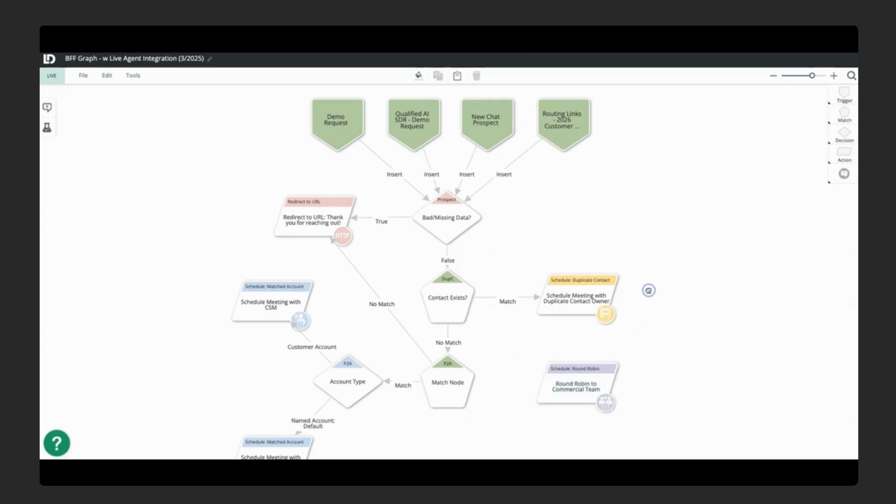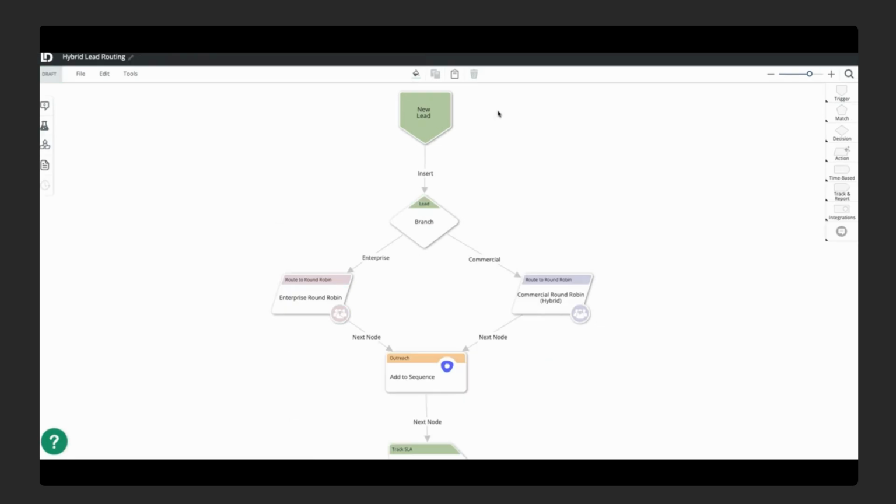Now, the fact of the matter is, many people will engage with these AI SDRs, but not everybody will schedule a meeting. This is what brings us to use case number 2 for LeanData's AI SDR orchestration. For our next AI SDR use case, we'll be discussing email agents. This process starts by creating dedicated Salesforce users for each one of your email agents. As new records come in, clients will take a number of different steps when it comes to enrichment, matching, and then ultimately decision-making to determine who gets the record.